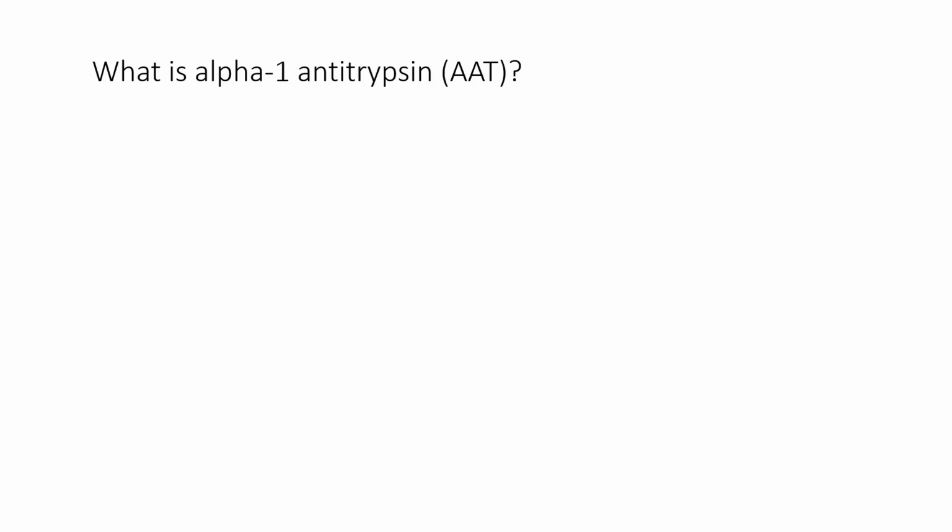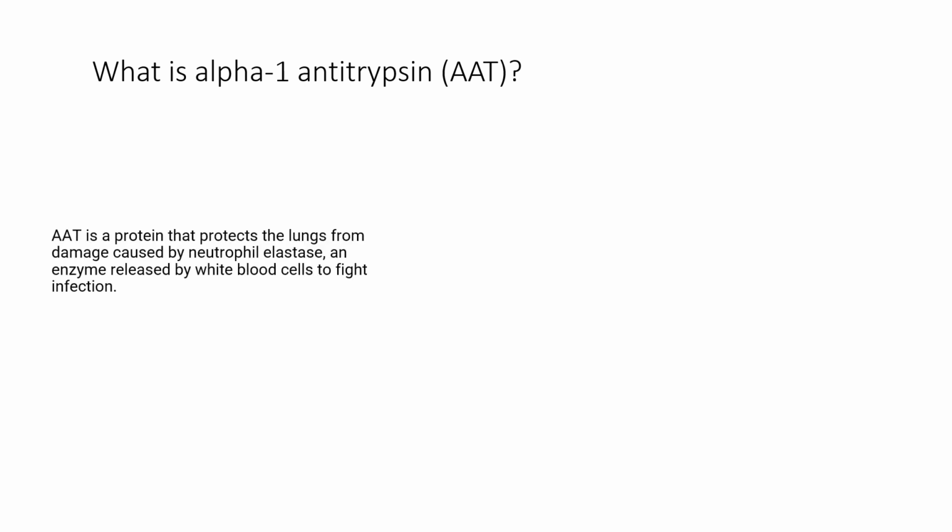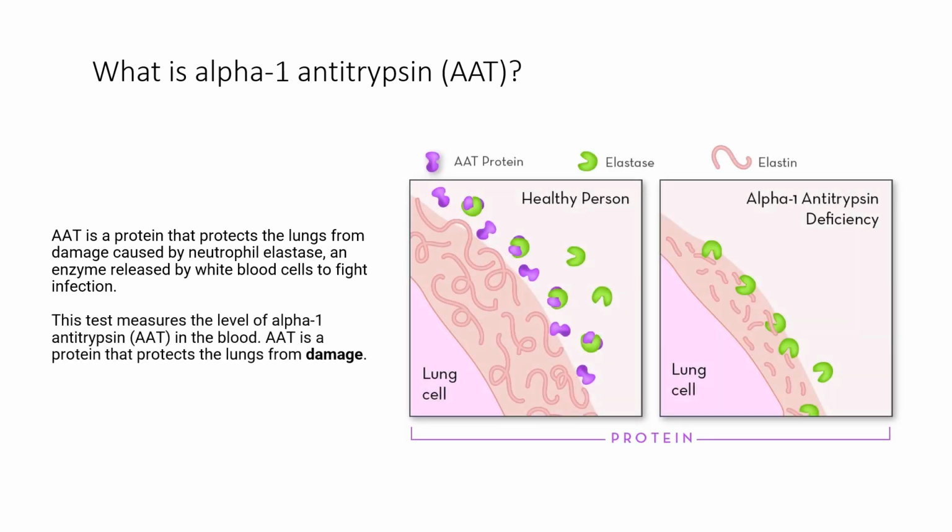So what is alpha-1 antitrypsin? Alpha-1 antitrypsin is a protein that protects the lungs from damage caused by neutrophil elastase, an enzyme released by white blood cells to fight off infection. So if your patient has an alpha-1 antitrypsin deficiency, they do not have that protective measure in the lungs, right? This can be the genetic aspect that we talk about when we say that it has a familial history and